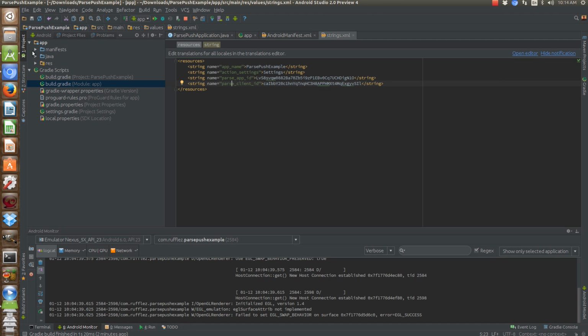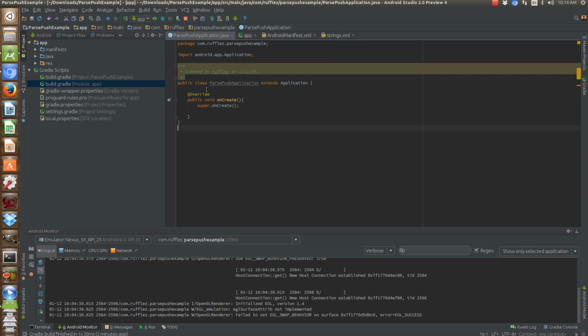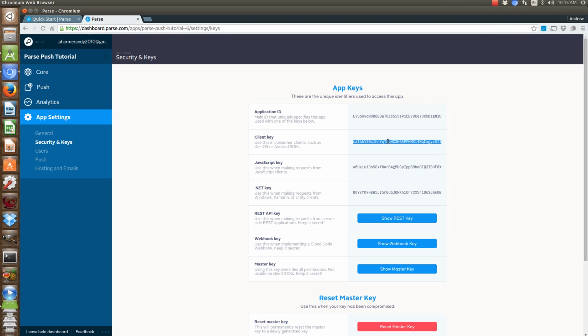I've already created the file for a parse push application, but it doesn't have anything in it. So it's just parse push application extends application. And then I have the onCreate method created, but nothing's been added yet. Okay, so once you have those keys added,